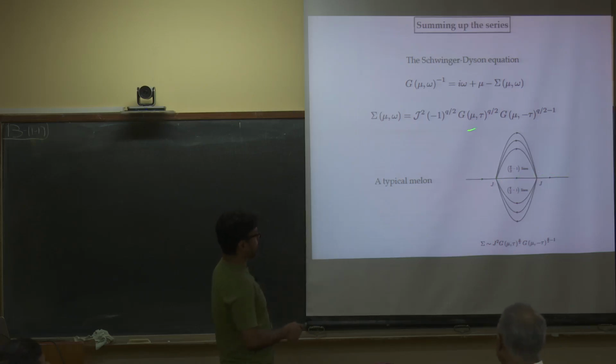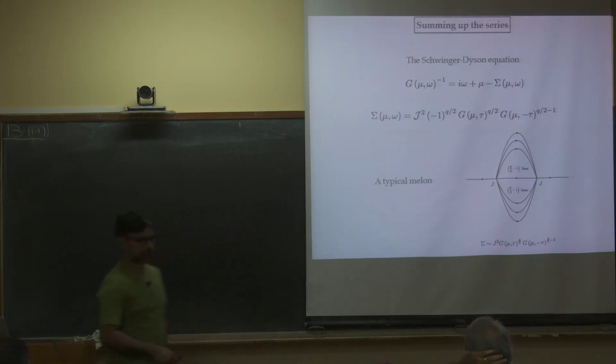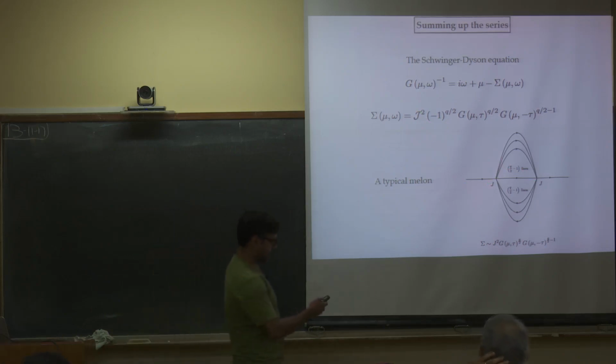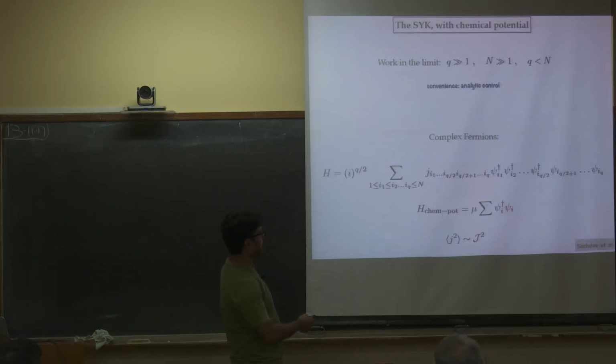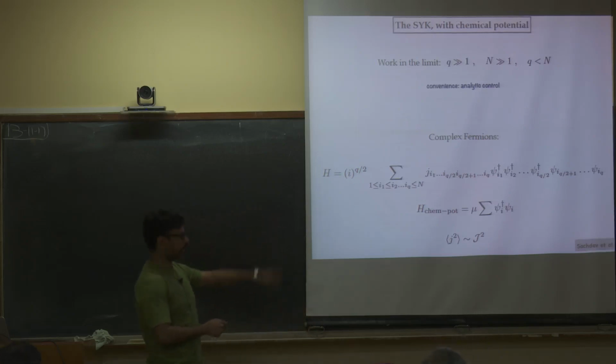Therefore, the propagator will have G(mu, minus tau). These are these lines raised to q/2 minus 1. That is those lines, but this one will have all of them and then one more. Hence that is the diagram, and there are two interaction points here and here, therefore you get a factor of J squared. This minus 1 raised to q/2 is nothing but the term that is coming from taking two vertices. So you get an i squared, which is minus 1 raised to q/2.